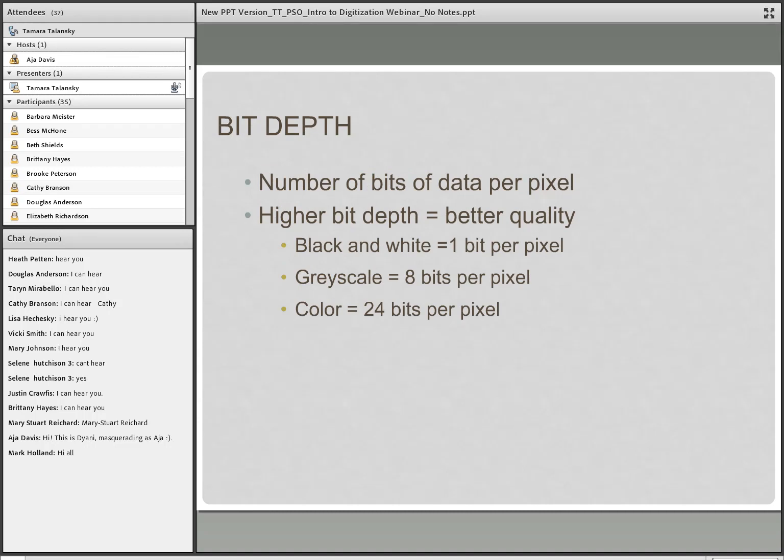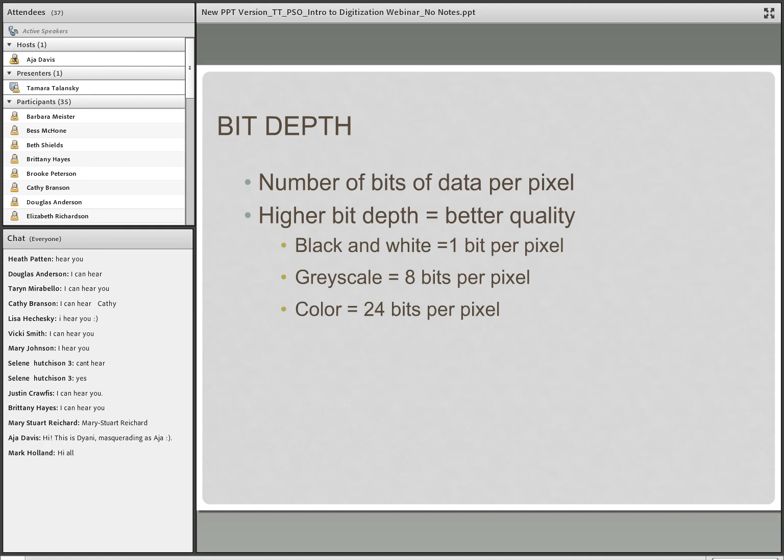Bit depth is a measurement of the number of bits of data, or number of colors, per pixel. The more bits per pixel, or bit depth, the more information the pixel contains, and this means better quality. So black and white is called bitonal, which is 1 bit per pixel.